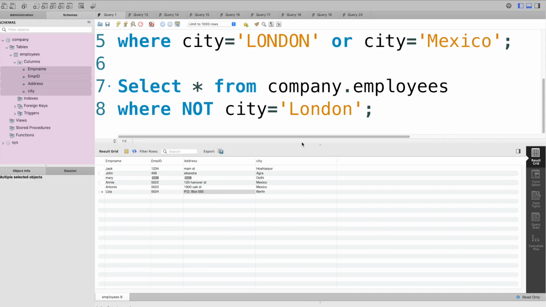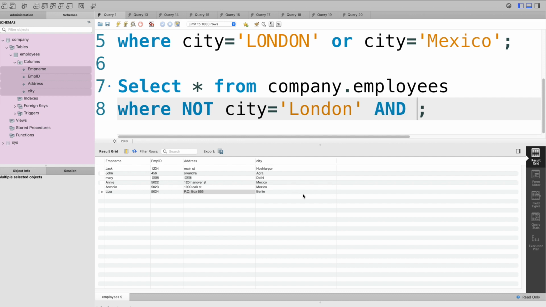I hope you understood how we can use these three operators. Now let's try a few other queries also. So here we are using only one condition, where city is not London. Suppose we want to get the data of all employees who don't belong to city London and who also don't belong to city Mexico, then we can combine the conditions. Now if we want to satisfy both the conditions, what do we need to use?